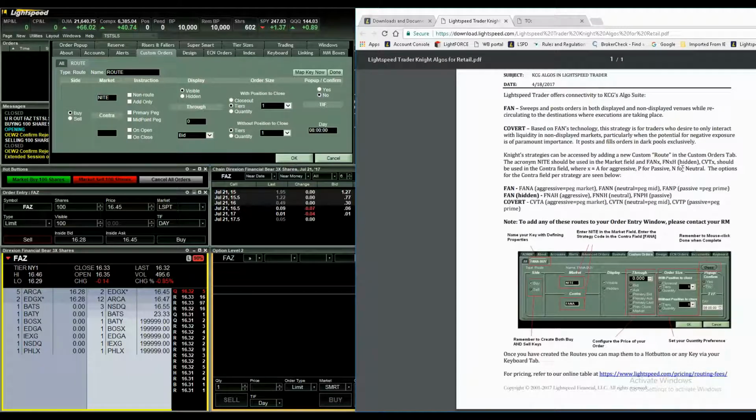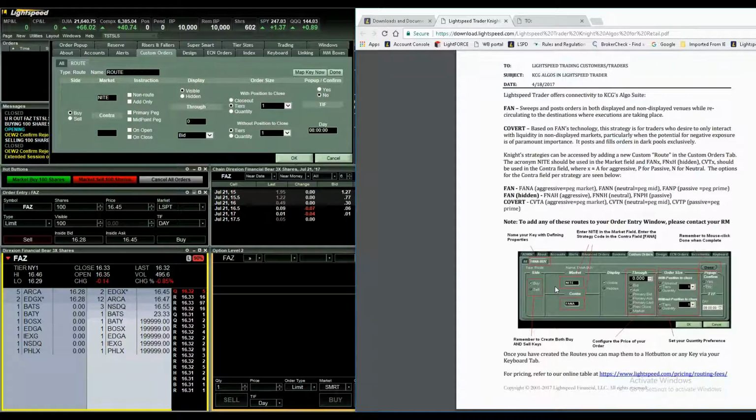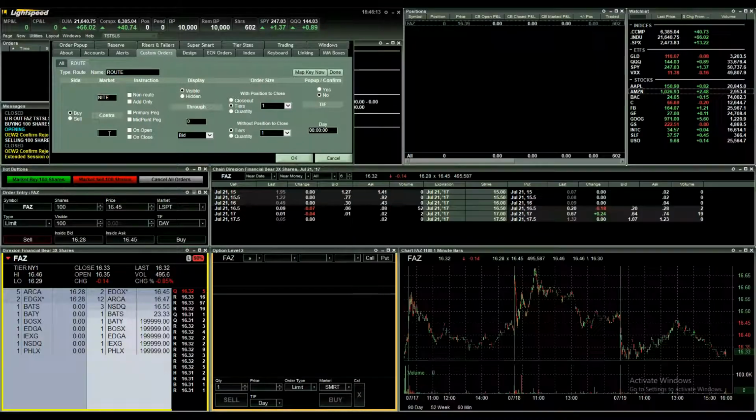If more aggressive, more passive, or neutral, we have different ones here. So if I would like a pegged order or not, a pegged order can split the bid or offer. It's most likely going to qualify as a take liquidity, but they have these here for you. So we'll say the aggressive peg market, which is the FANA,